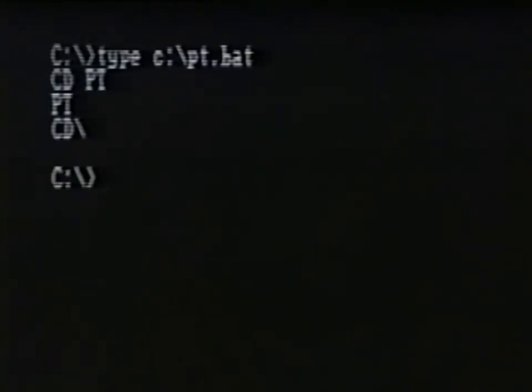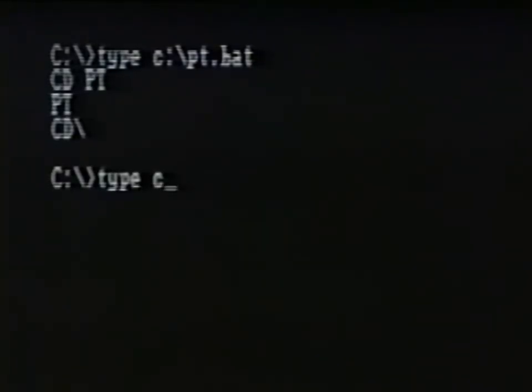Sometimes we will want a quick view of the information in a file. Let's say we want to look at one of our word processing documents without starting up the word processing program. If we type the command type, then a space, and the file's name, including the path, DOS will show us what's in the file.